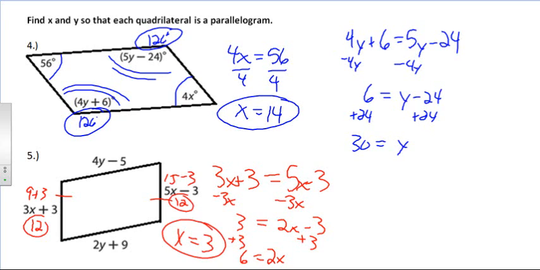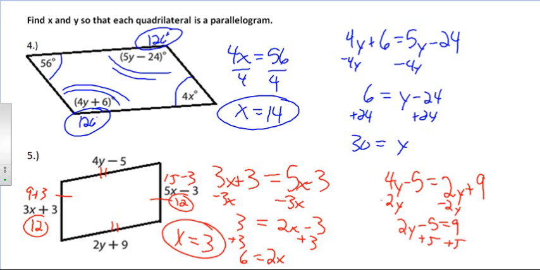Do the same thing with y. Opposite sides here need to be congruent as well, so the 4y minus 5 can equal 2y plus 9. And again, just solve for y. When I subtract 2y from both sides, I get 2y minus 5 is equal to 9. And then add my 5 to both sides to get 2y is 14, which means y is 7 after I